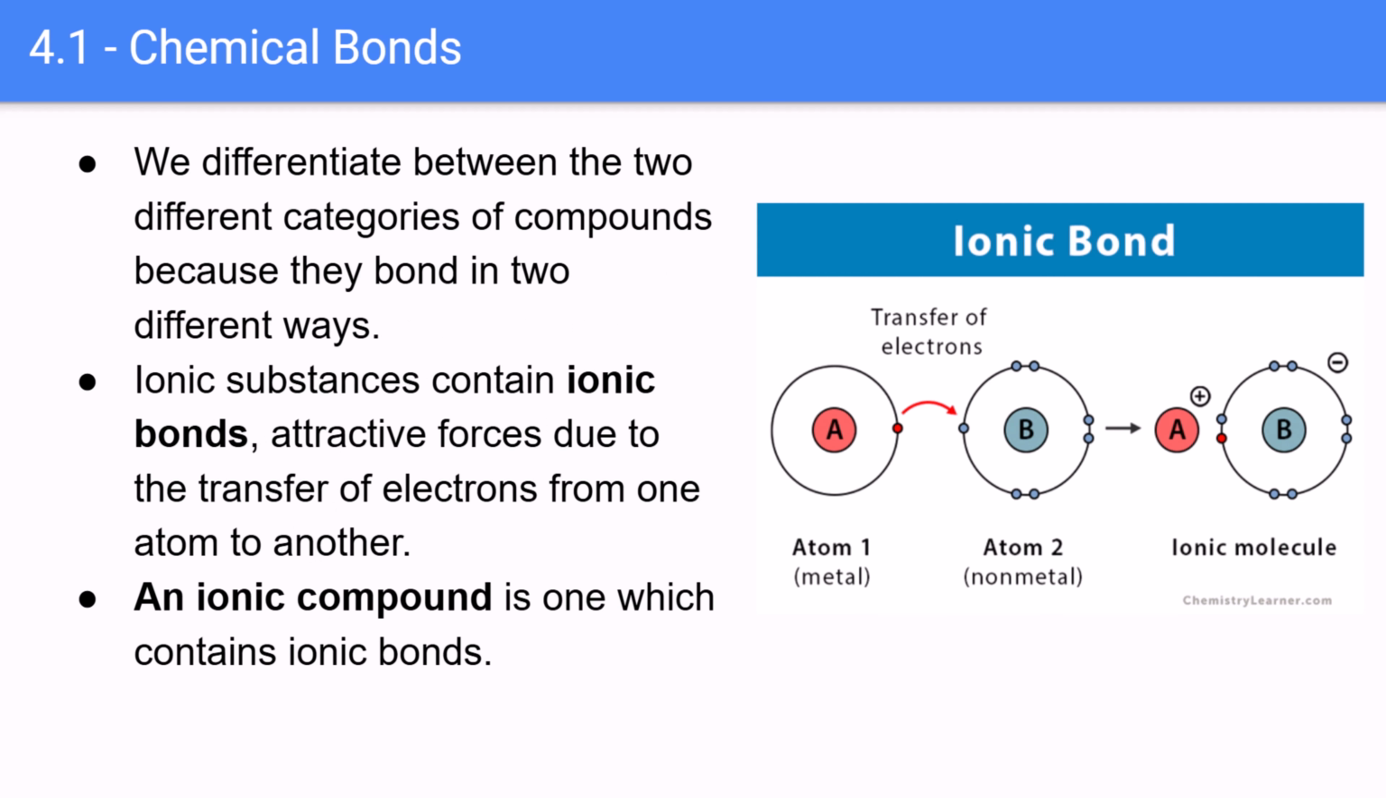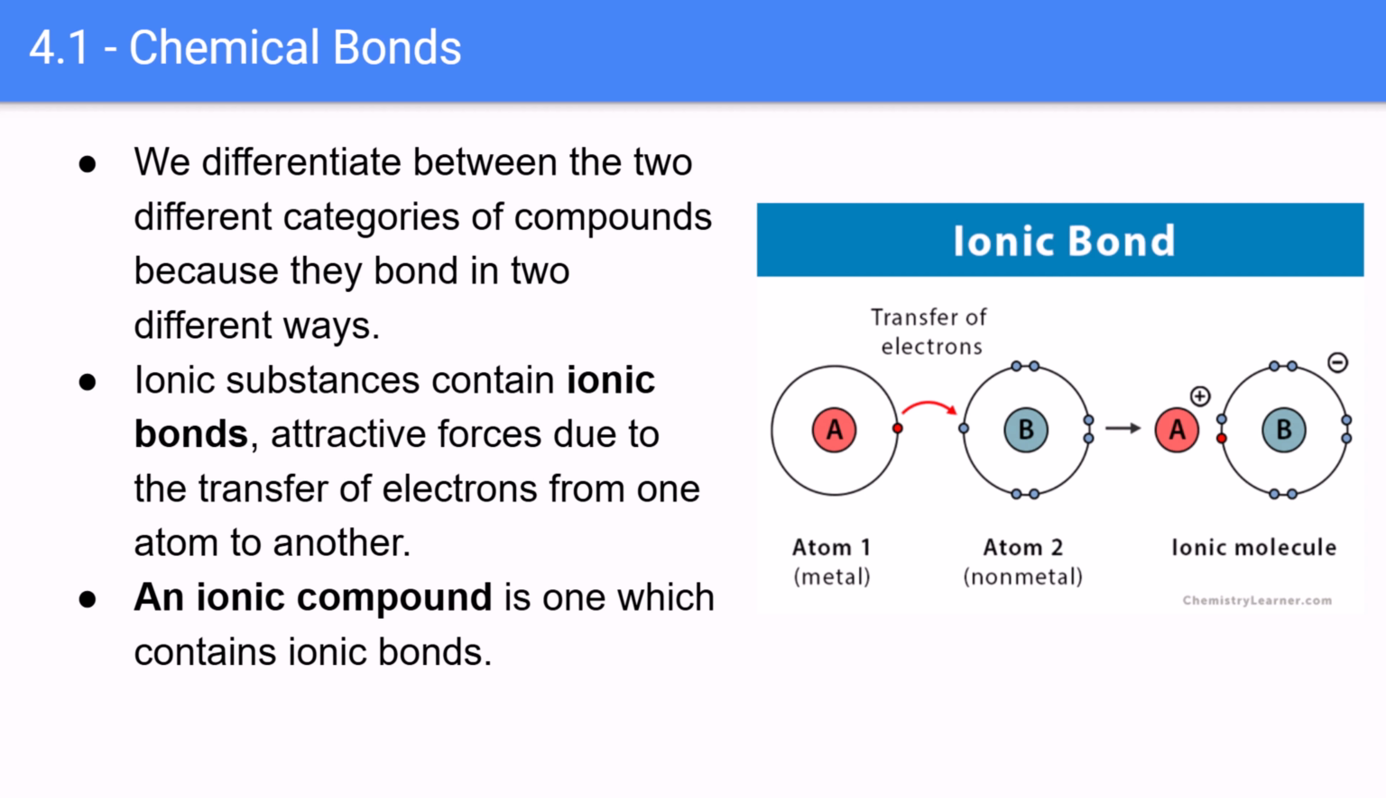Now, one of the key ways that we differentiate between the two different categories of compounds is because they chemically bond in two completely different ways. Ionic substances contain ionic bonds, and these are attractive forces due to the transfer of electrons from one atom to another. An ionic compound is one which contains ionic bonds, so you notice that you have two atoms that are